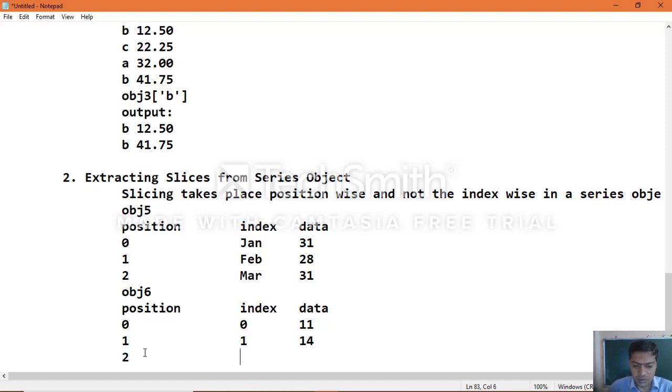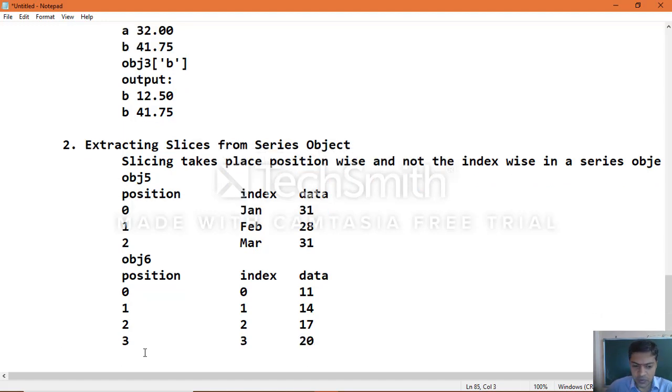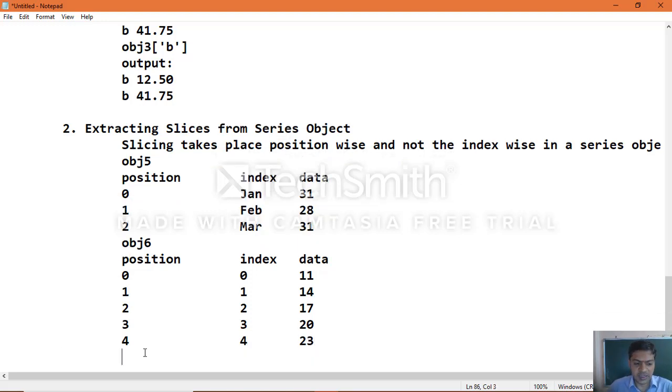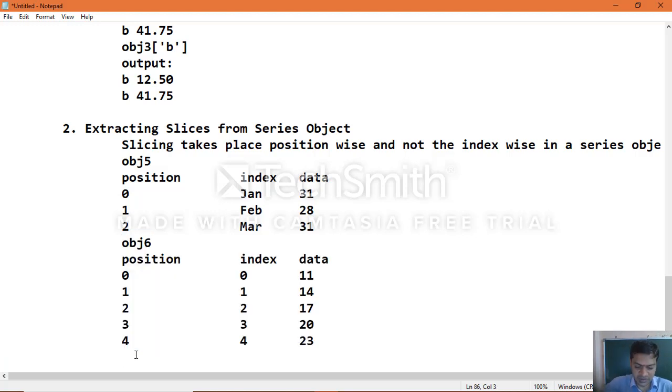Then position 2, index number 2 and data is 17. Position 3, index is 3 and data is 20. Position 4, index number also 4, then data is 23. So for object 6 you can see the format in which it is represented when proceeding with slices. Position numbers 0 1 2 3 4 take place.